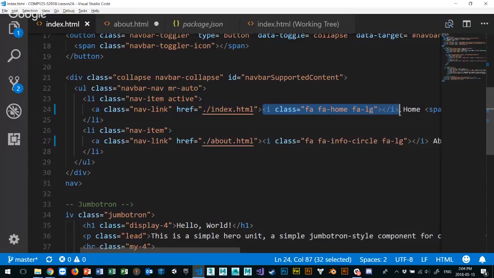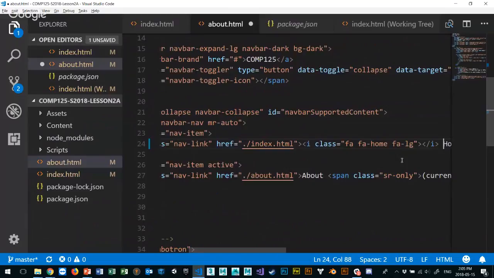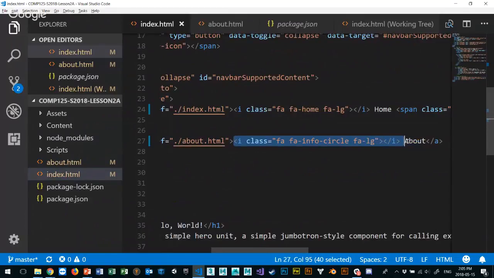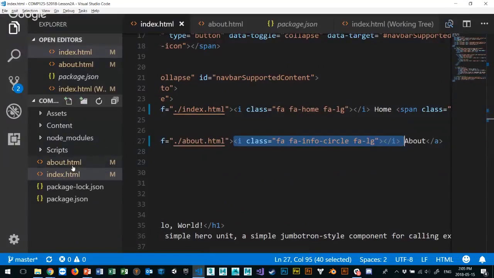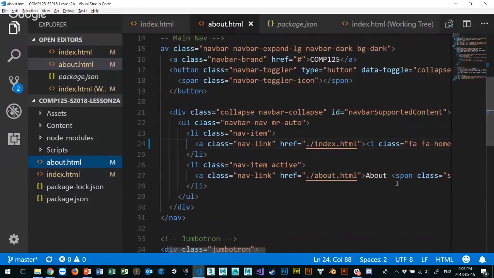So I have to put this in my about page. By the way, I'm doing this on purpose to make you guys mad that we have to do this again and again. We've got to find a better solution for this, because this is not right. If I have to copy every one of my pages, I have to copy my navigation over and over again. That's a real pain. We have to find a better solution. CSS can do it to some degree, but